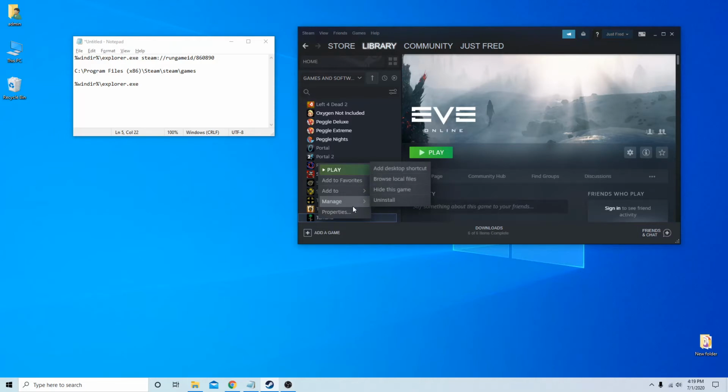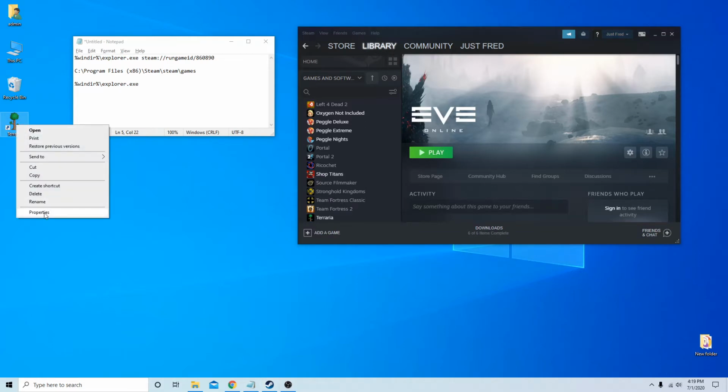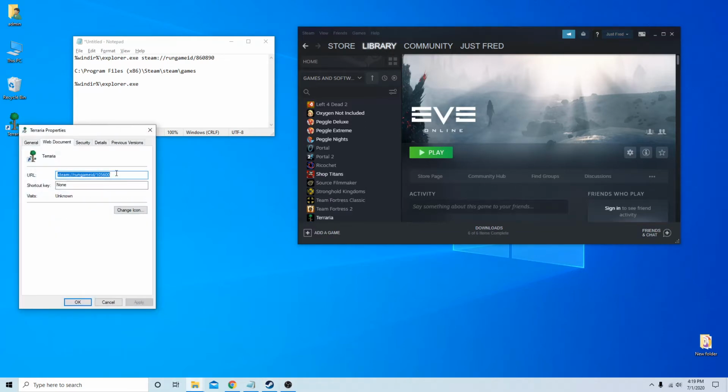So go to your Steam library, right click on Terraria and go to Manage, go to Add Desktop Shortcut. You'll see it's created here. Right click on the shortcut, select Properties, copy the Steam ID,